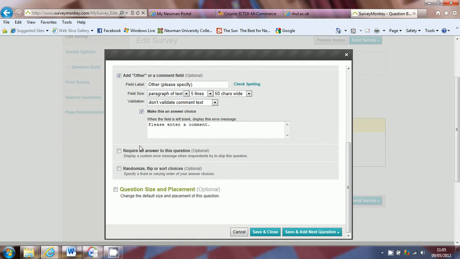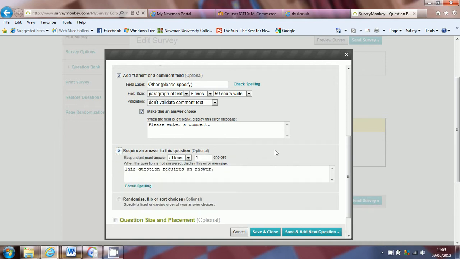From here you can then decide whether you need the participant to answer the question, whether it's optional or whether it's mandatory that they answer. And you can also change the order of the answers using this option here. I'm going to click the require an answer to this